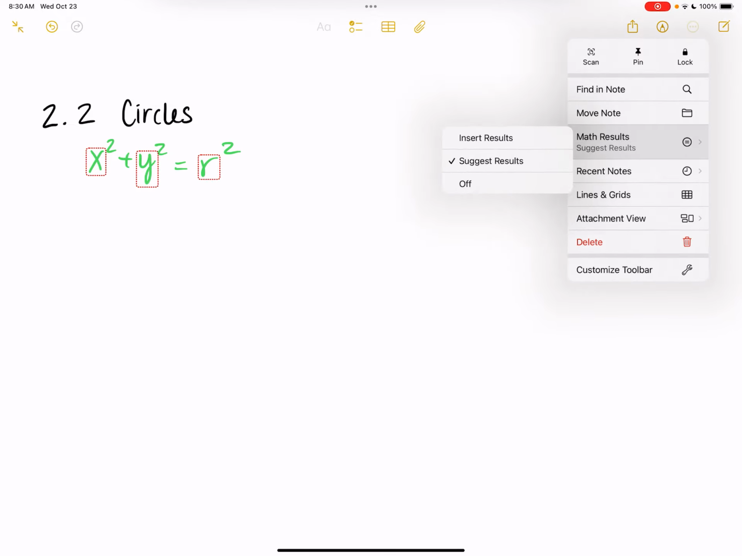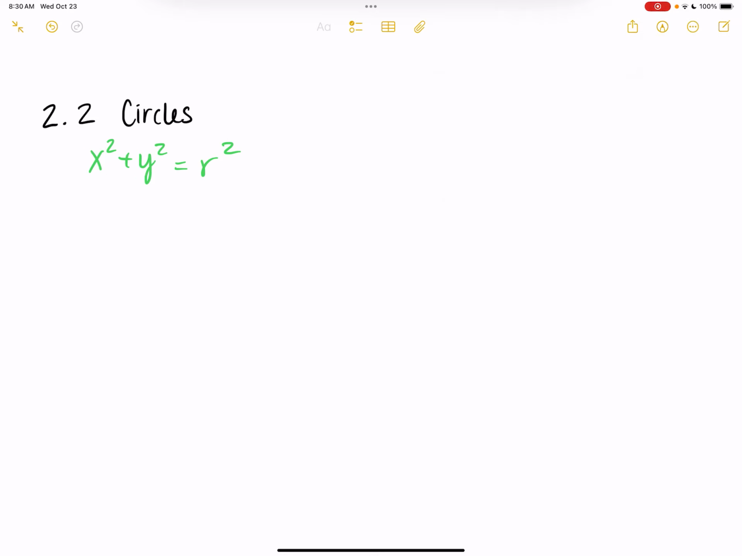At some point I'm going to figure out how to turn this crazy thing off that the iPad does now,